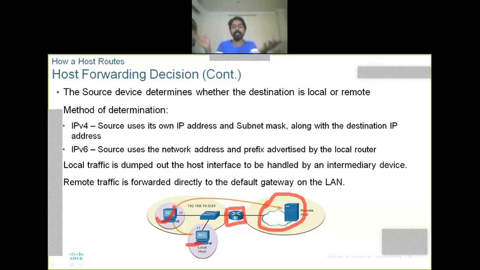Which device connects different networks? A router is a device that connects different networks. So our gateway is our main router. The main internet router is our default gateway. If you don't provide the default gateway address, then you cannot establish an internet connection, or connection with the outside world.